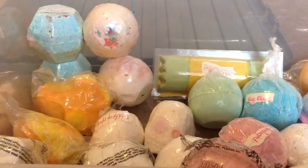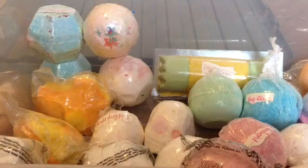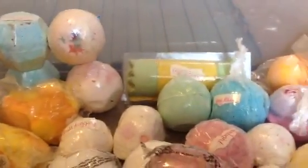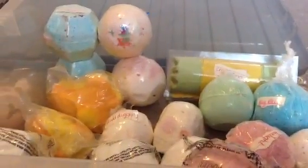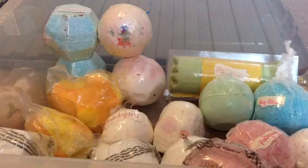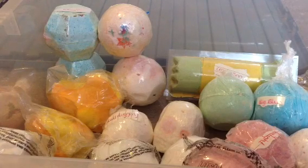I thought I would do a blog on my bath bombs, as some of you have been requesting to see what I have. Got loads out here as well, which I'll go through in a minute. I am transferring them into this box because I'm running out of space on my bookshelves, and also I feel that if they're in direct light of the sun they tend to lose their fragrance, so that's why they're going